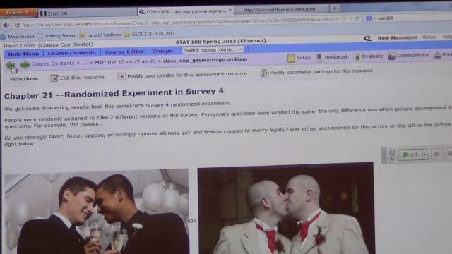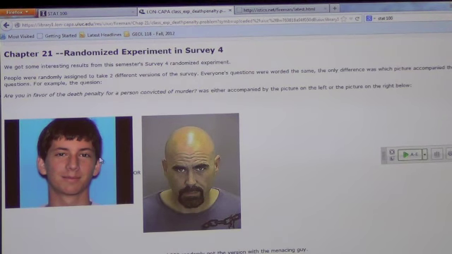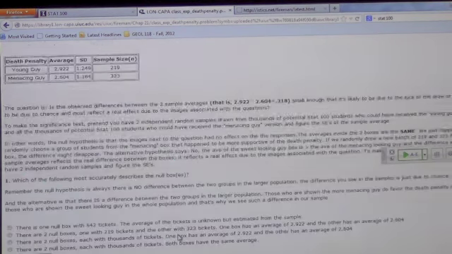Should we vote on these? Let's do the first one. Okay, so how many people think that this picture really changed people's answers, that the p-value is small enough that people do respond differently? It's not just due to chance. So A is yes. Let's start this. Well, which question should we answer? Let's see.